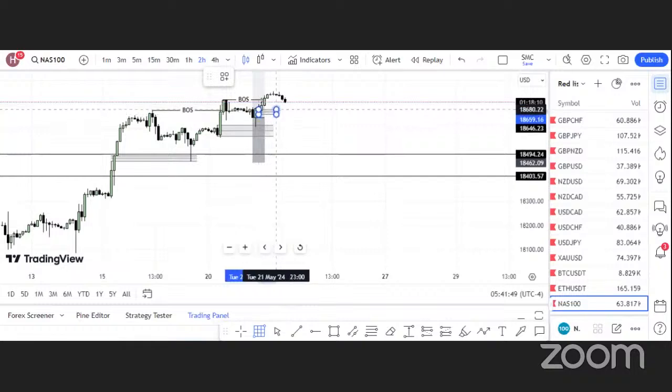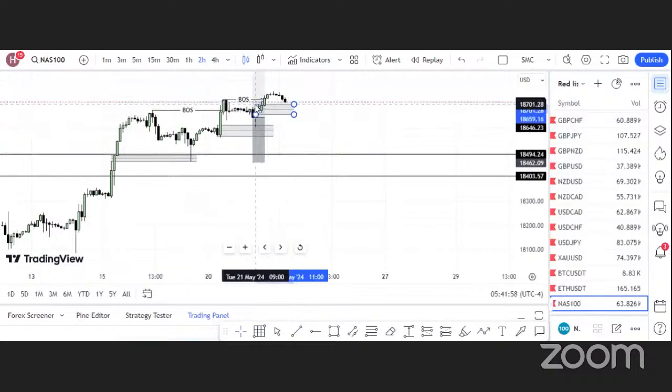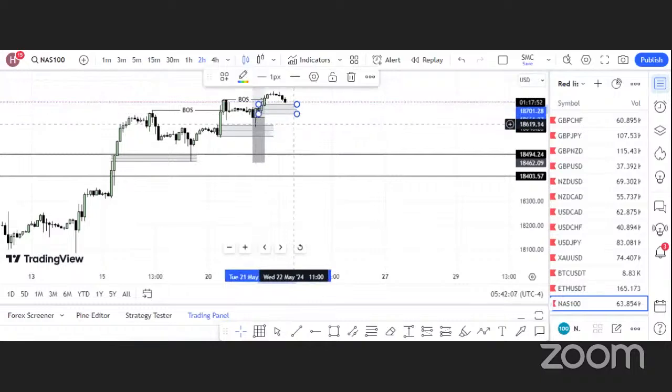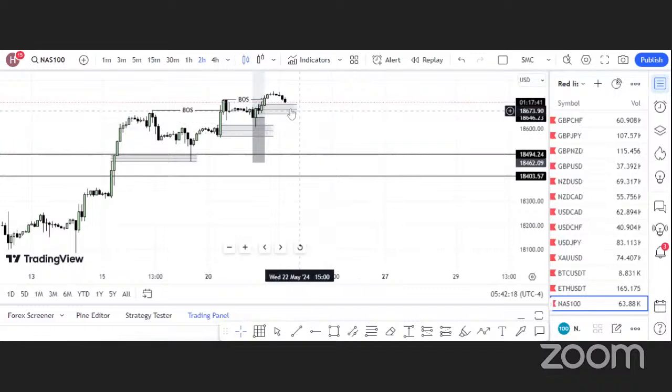So for me, I think the market will probably come to this point. Okay, so we have a level here. We have a support level that can push the market upward. Okay, and this level is our other block zone, which is this area. Now, let's just wait and see how the market reacts when it gets into this box.